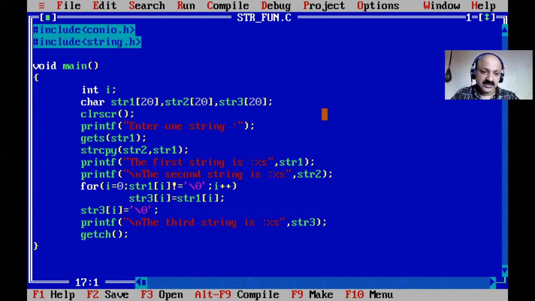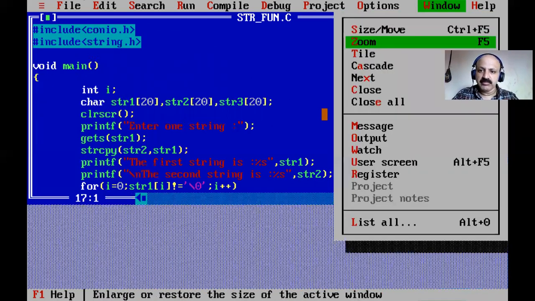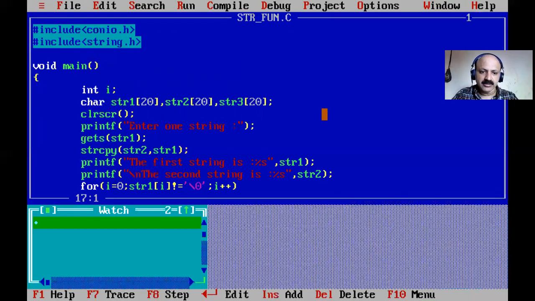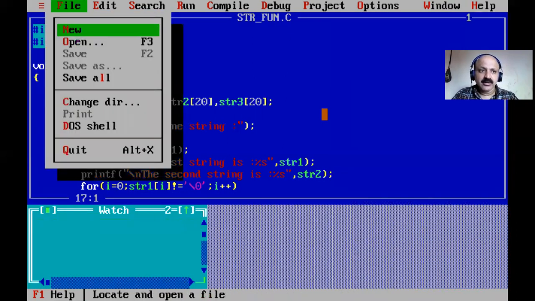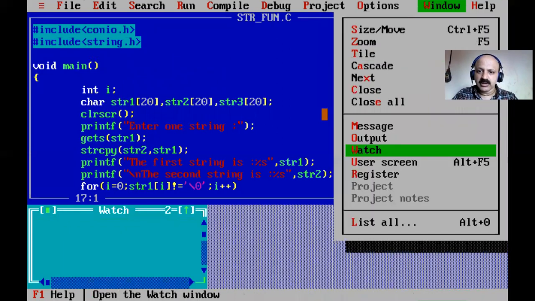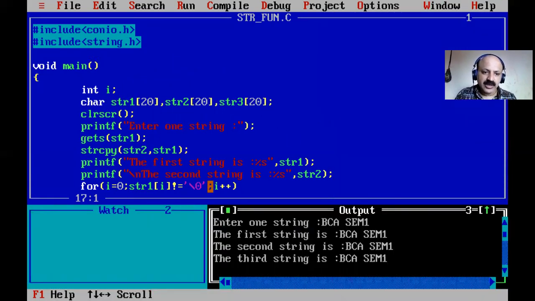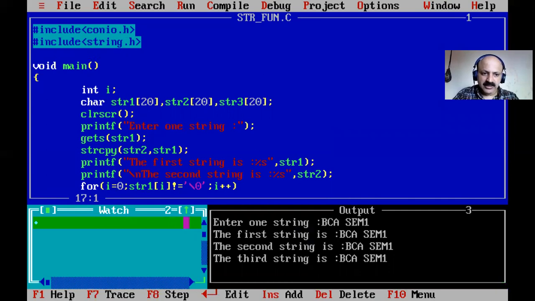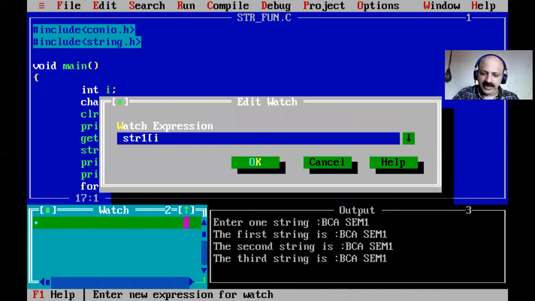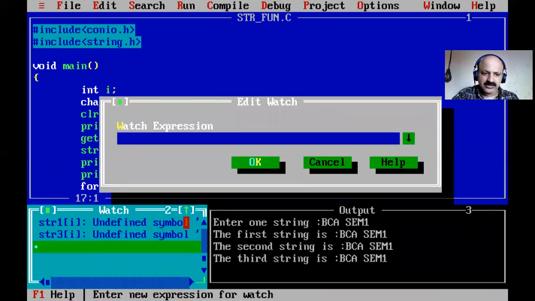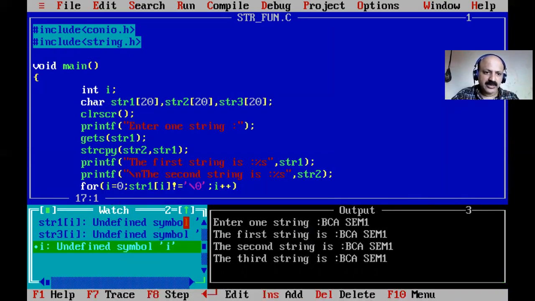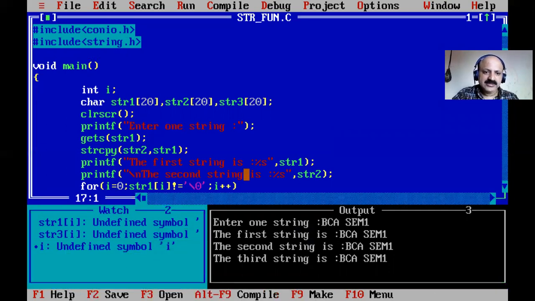So first, this is the first time I give this example, so we can use the watch window so you can better understand what is happening in the build. Here, and then we take our output window also. Here our variable is str1 of I, so you can understand, and then str3, which is our copy, of I, and then I is also there, but we have to take a separate I. So now we can start our watch.